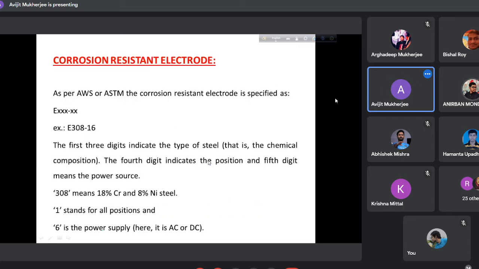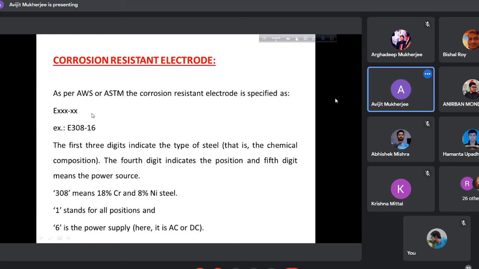Another electrode is the corrosion resistant electrode. Corrosion is the unwanted wear of material, particularly due to chemical reaction. Not only chemical, there are 8 forms of corrosion. Unwanted wear. To protect from corrosion, some electrodes are specified as per the American Welding Society or American Society for Testing